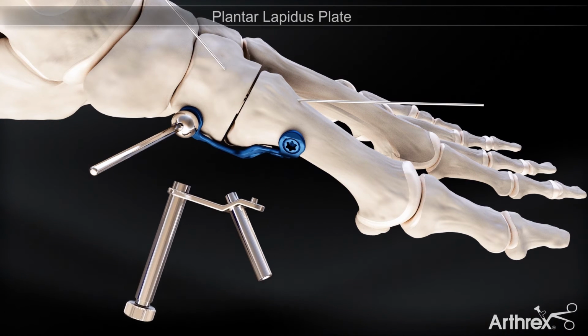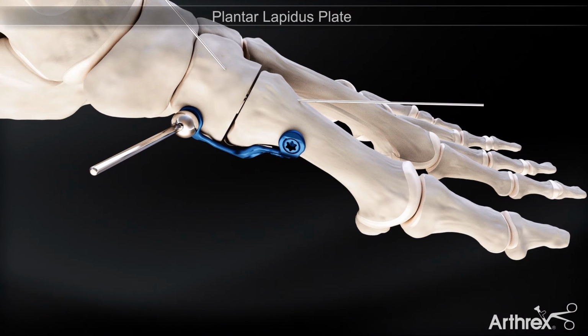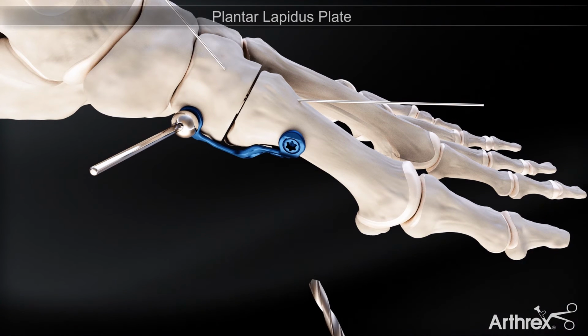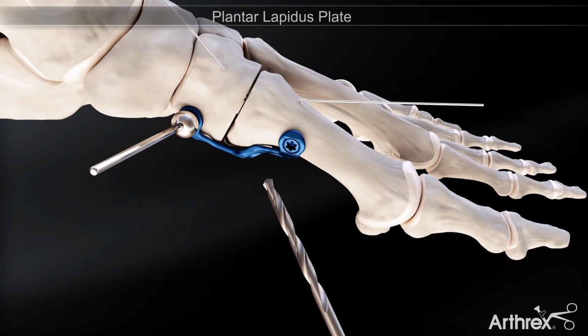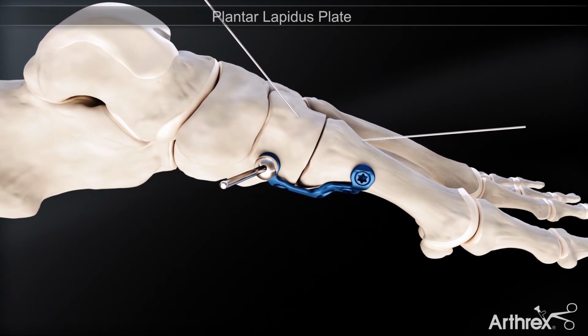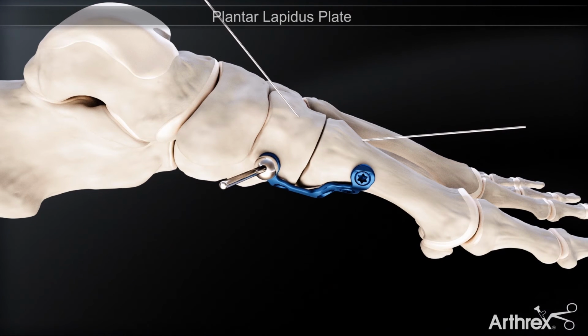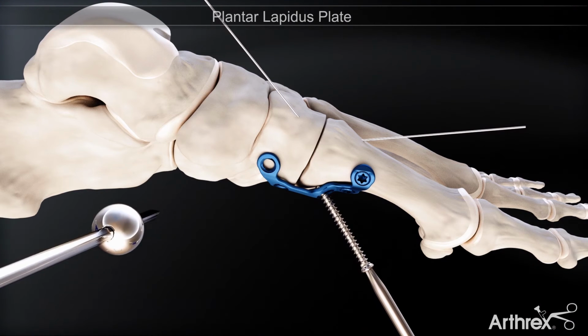The aiming guide can then be removed, and a 4.0 mm drill is used to overdrill the metatarsal. The screw length is then measured with a depth gauge. At this time, a 4.0 mm cancellous screw is placed in the compression hole at the inferior aspect of the